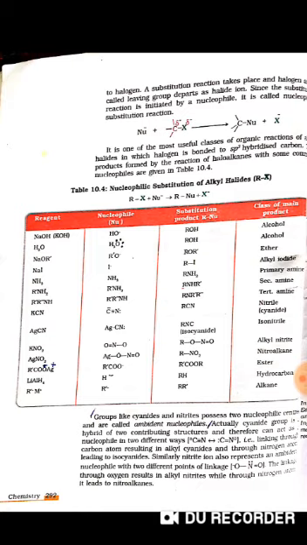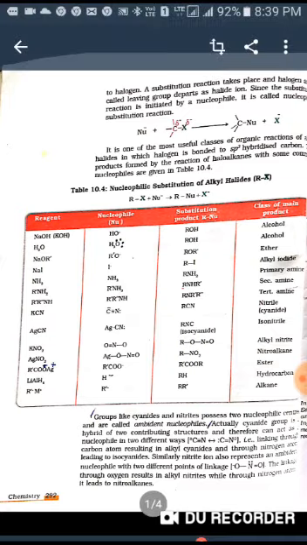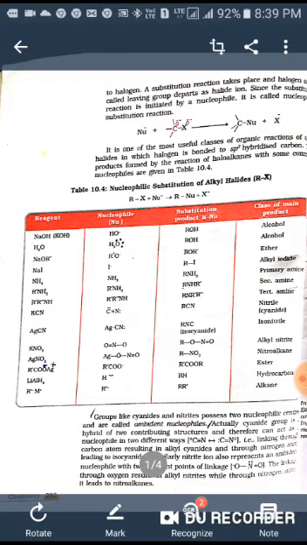Next, the coming reagent is R2NH, the nucleophile of this molecule is R2N, so we get a tertiary amine, which is represented as R3N. Next one is KCN, the nucleophile of this molecule is CN negative, so we get RCN, this is a nitrile compound, or cyanide compound in common name.